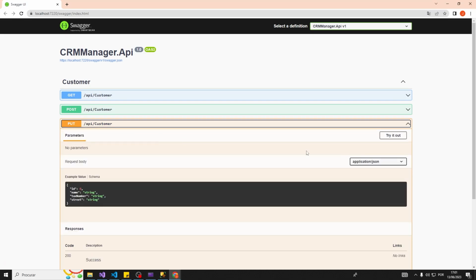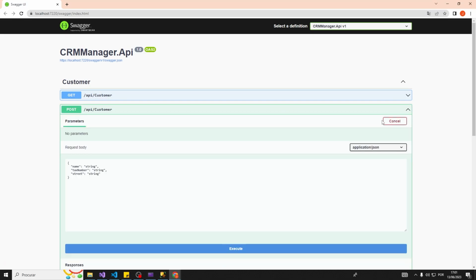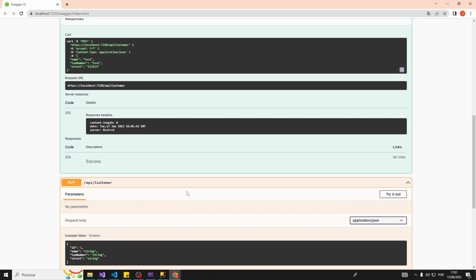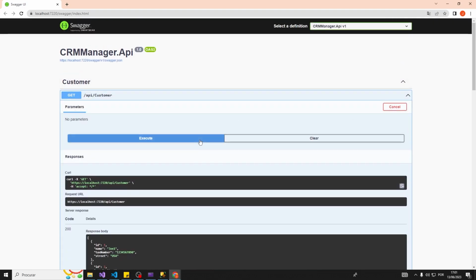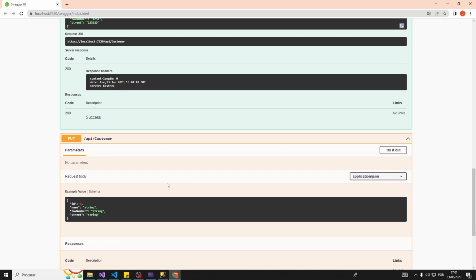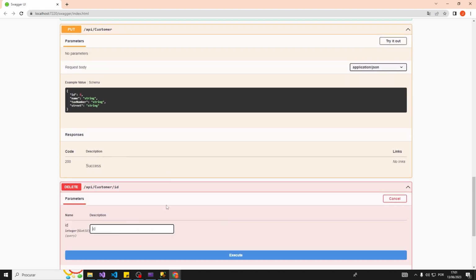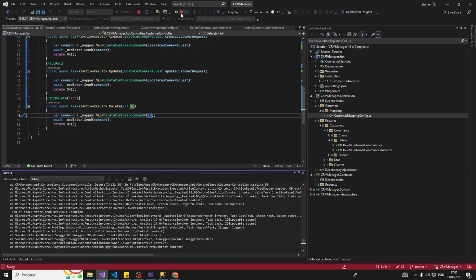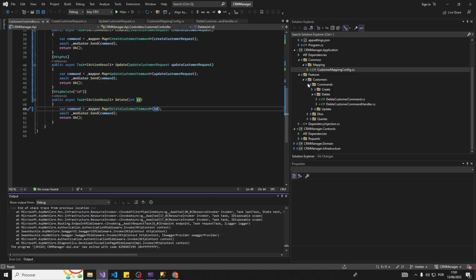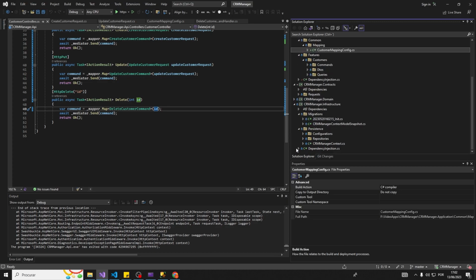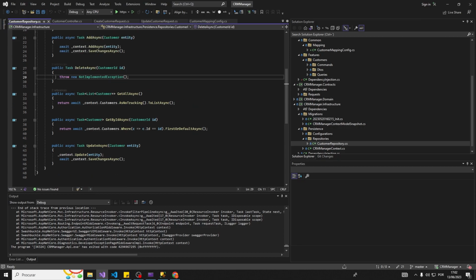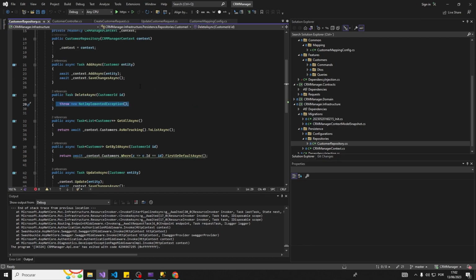All right, let me just create a new one. Test. Okay, let me see if it exists. I don't know, the ID should be 2. Okay, and I'm gonna delete the customer with the ID of 2. Oh, okay, so we don't have the method implemented. So let me go to my repo. Oh yeah, I didn't implement here the customer ID. So let me just get the